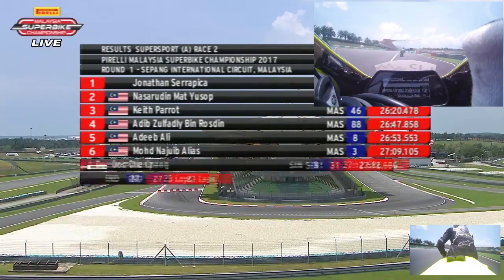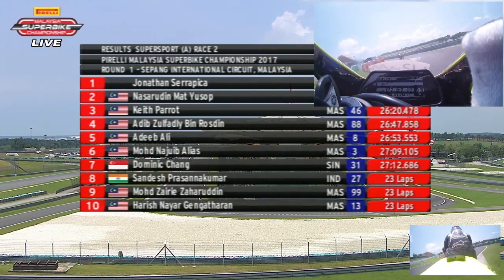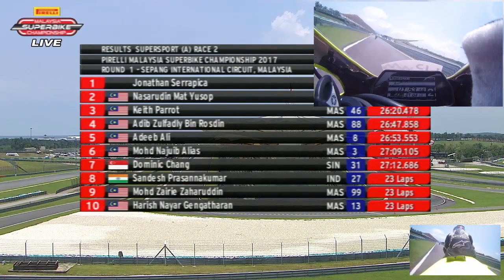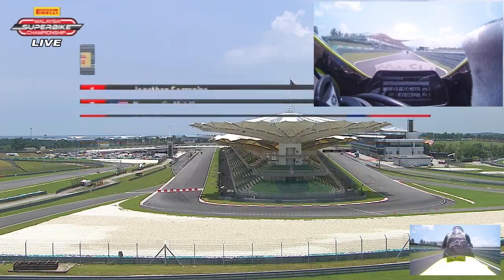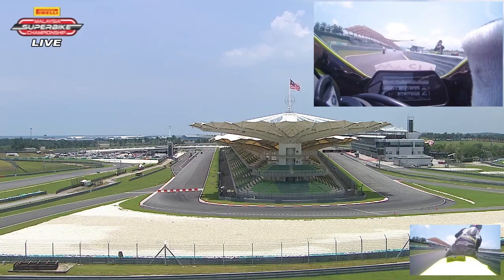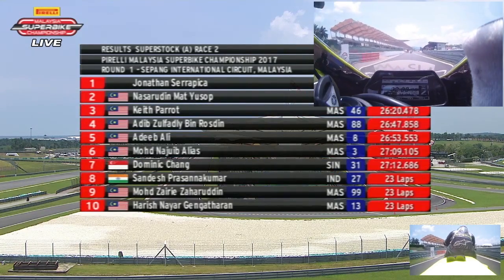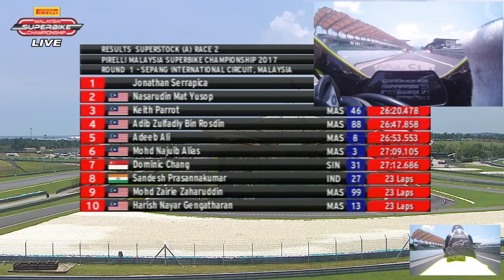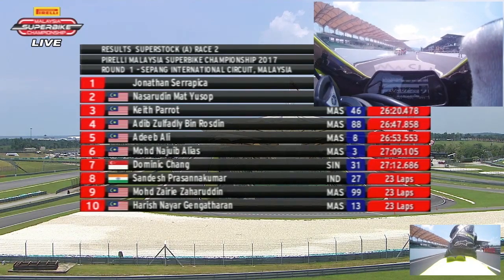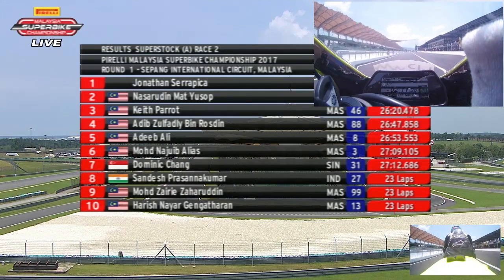Yeah, this is the official result. We have Jonathan Serapika winning the race, and look at the time there: 26 minutes 10.007 seconds. Nasaruddin Yusuf is in second place, only 0.13 seconds behind Serapika, as you can see, with Keith Parrott in third place, completing the podium